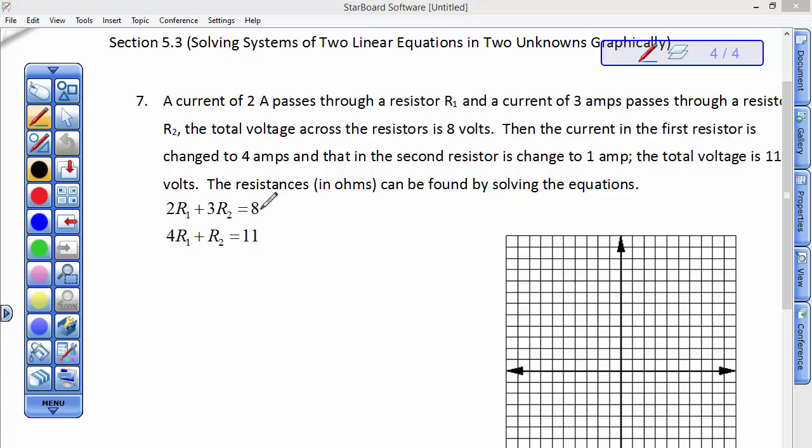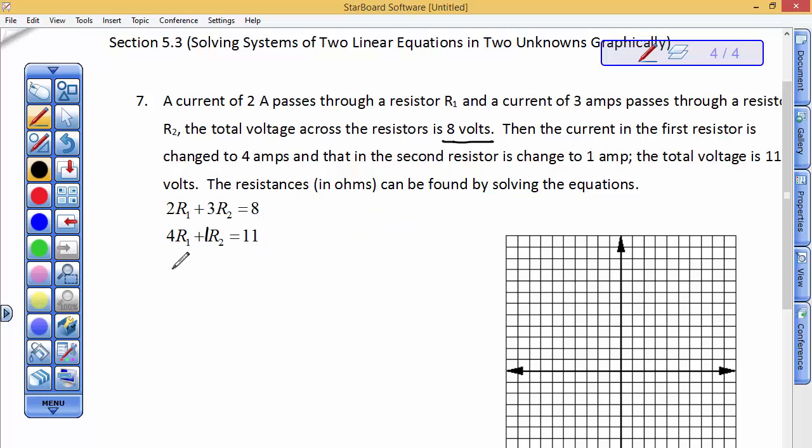And likewise, the next sentence says the current in the first resistor is 4 amps, so 4 times R sub 1. The second resistor 1 amp, so 1 times R sub 2 for a total voltage of 11. In case you're, I think it's called Ohm's law, voltage equals current times resistance. So that's why they're saying that the total voltage is 8 volts and the total voltage is 11 volts, because we're taking current times resistance plus current times resistance. Nonetheless,